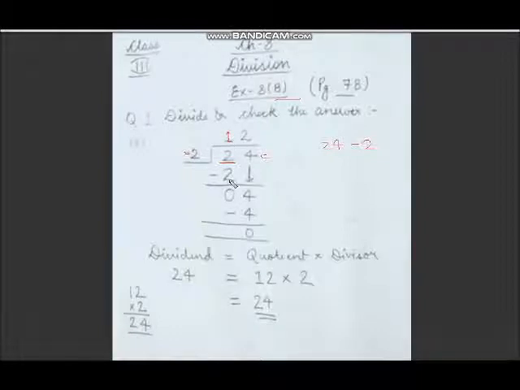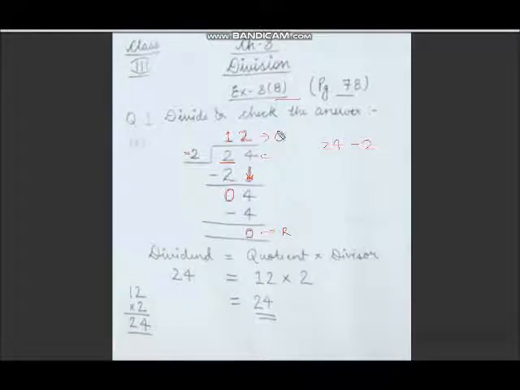And then 2 times 1 is 2 only, so 2 we will subtract from this 2, we are getting 0. Then we will write the next number. अब हमें क्या करना है, इस next number को note करना है, that is 4. So in the table of 2, 4 comes 2 times, so 2 we will write in the quotient part and we will subtract this 4 from this 4 only जो हमने अभी note किया था. So 4 minus 4 again 0. So here remainder is 0 and quotient is 12.